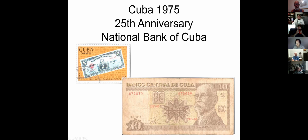And then here is a 10 peso banknote, which I got from Cuba, which is one of the internal banknotes, which you're not supposed to take out of Cuba. But it was given to me when I was in Cuba. So not quite the same guy, but